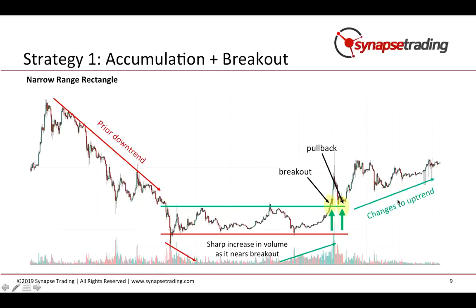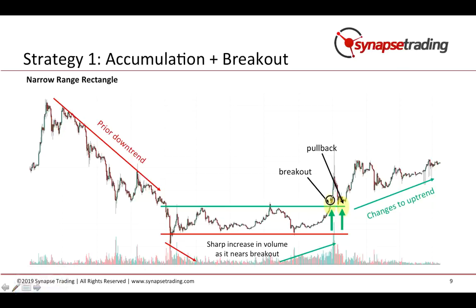Okay, so for this strategy, when you are entering, you will probably want to place your stop loss. If you're entering near the breakout point, you can place a stop loss somewhere slightly below that point of entry. Or if you are more conservative, you can place your stop loss in the middle of the range. So if this is the range, your stop loss will be somewhere in the middle over here. Okay, let me just draw it down.